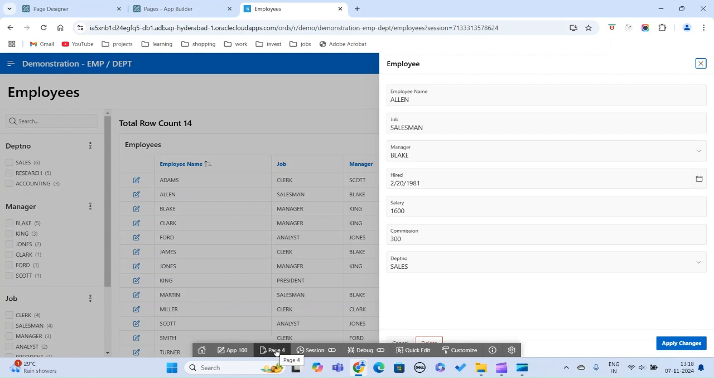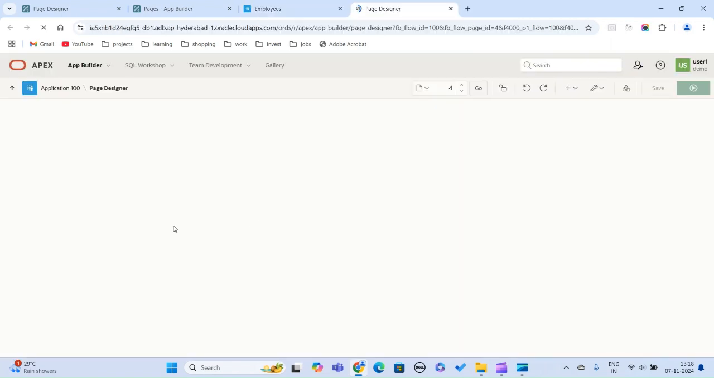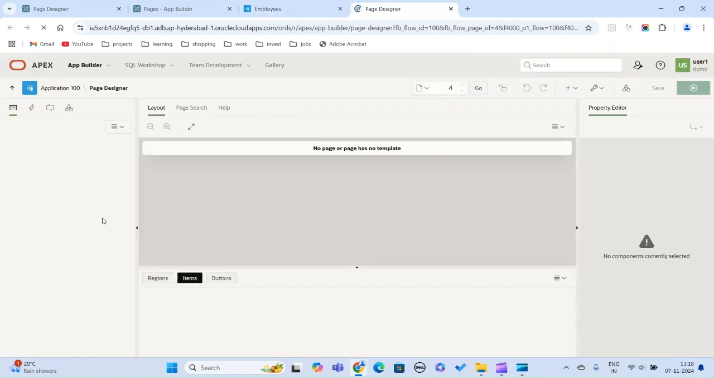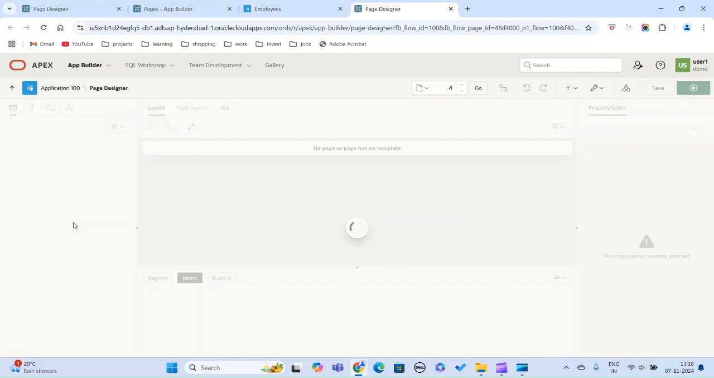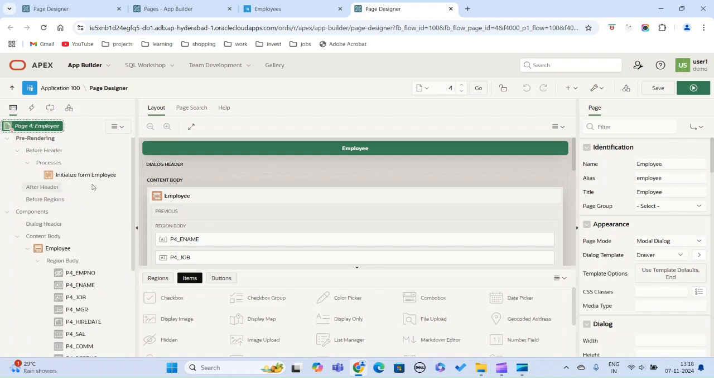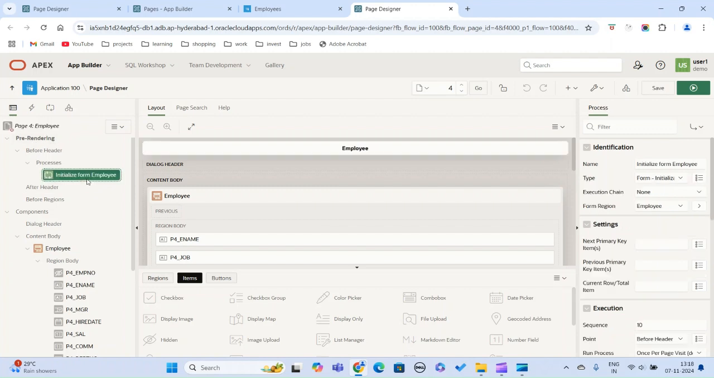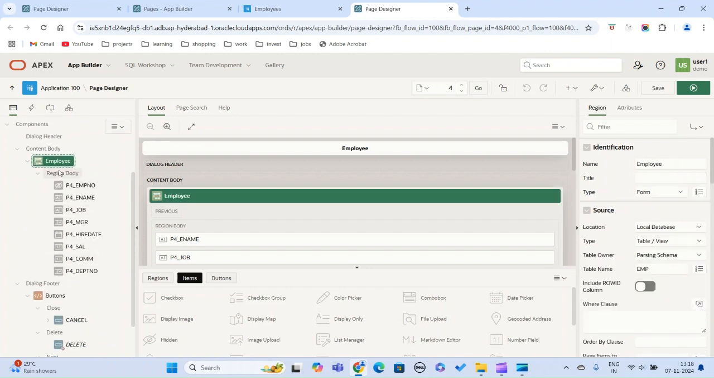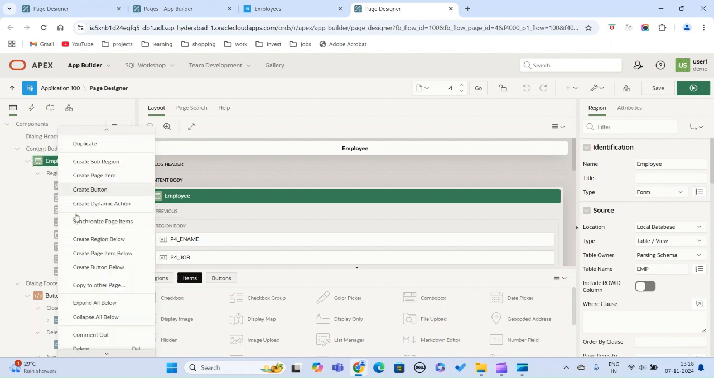So click on this icon. It will take you to the Page Designer, where you need to make the appropriate changes. Here you have the region body, and all this is displayed against it, and you have the rendering process, Initialize for, and it's page 4 Initialize for Employees, because that is where it fetches the employee data. And actually you want a column over here, so let's say create a page